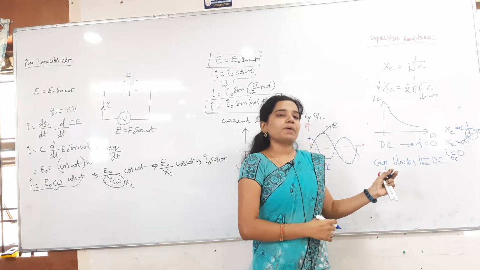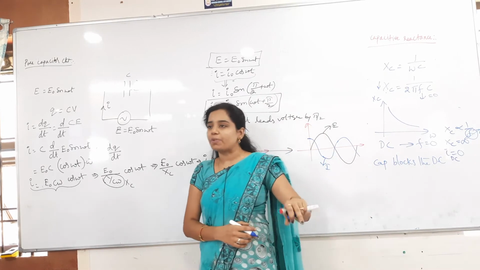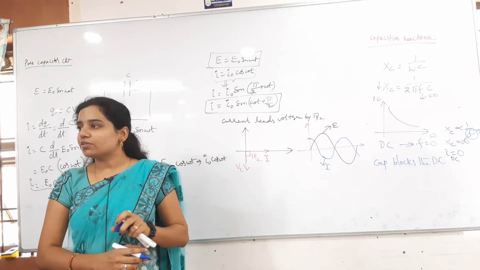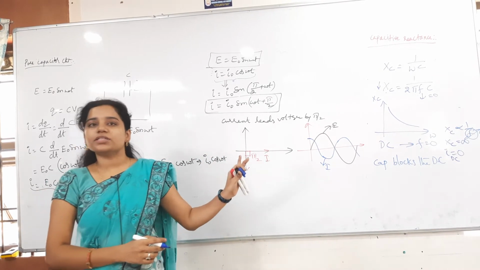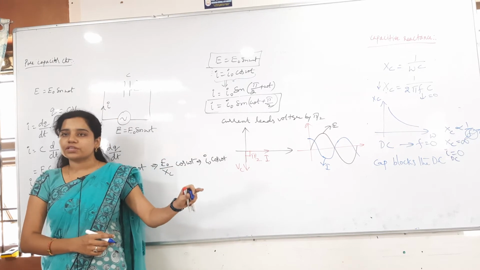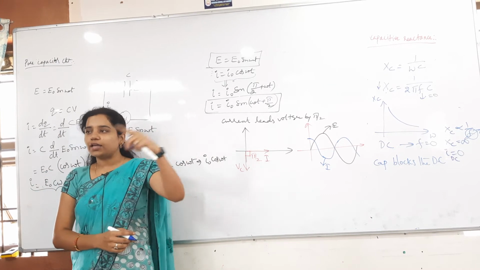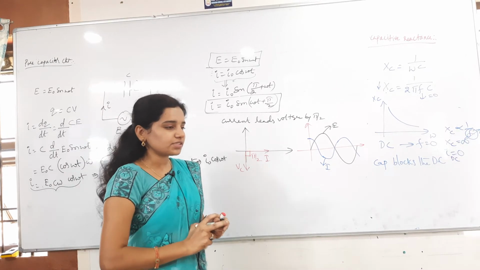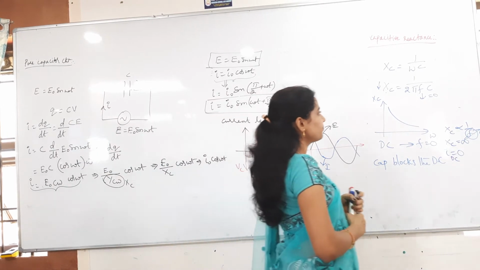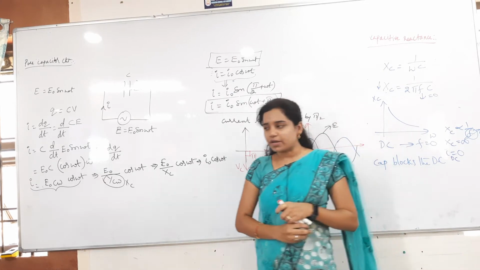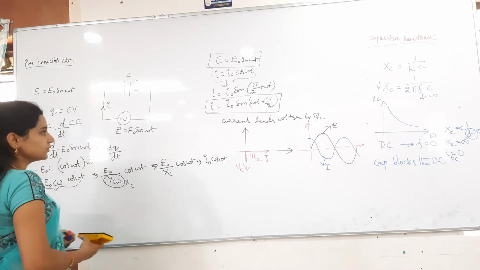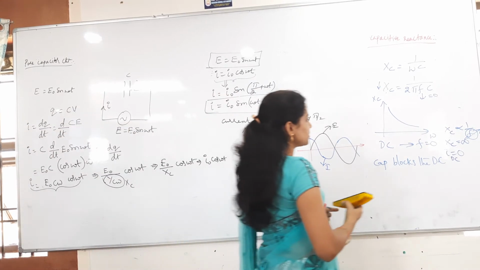So we can call it a pass filter, high pass filter and low pass filter also. I will explain that in the LC oscillations concept. Okay, are you clear now? It will block the DC because DC will have 0 frequency, infinite resistance and then 0 current. Clear? Reactance: resistance offered by the capacitor.